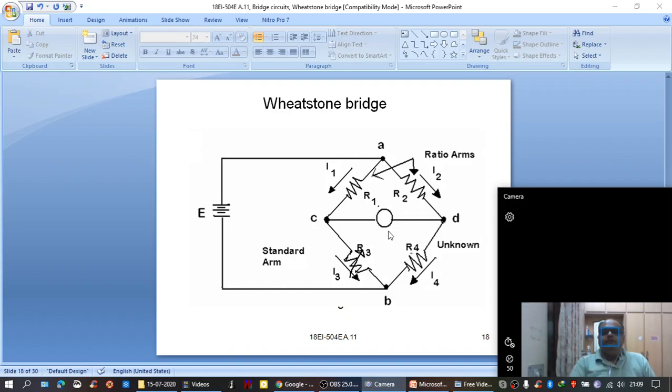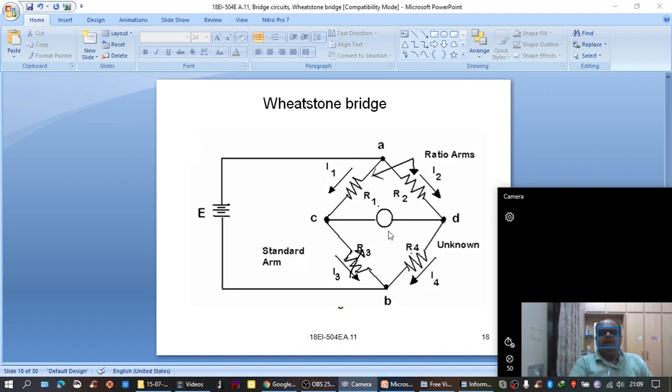Now, we know the condition for bridge balance as R1 Rx equal to R2 R3. So from that, Rx can be found out as R1 R3 by R2. Here, when R1, R2 and R3 are chosen to be fixed values, then in no condition the bridge gets balanced, because we do not know what is the value of Rx. So in order to measure an unknown resistance placed in the arm BD,